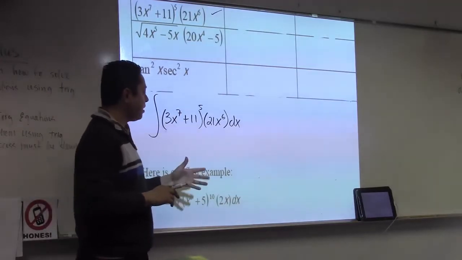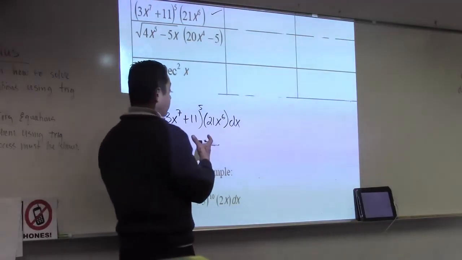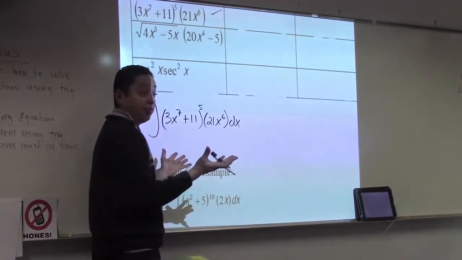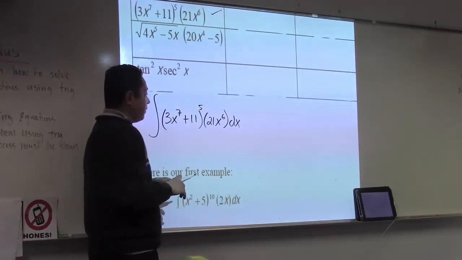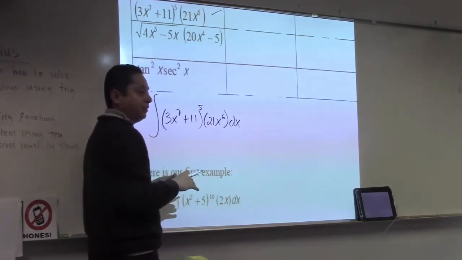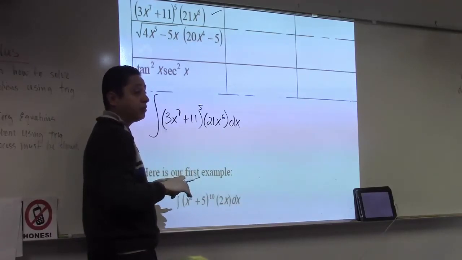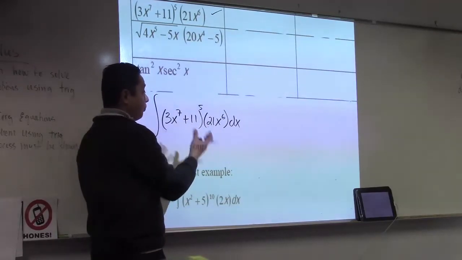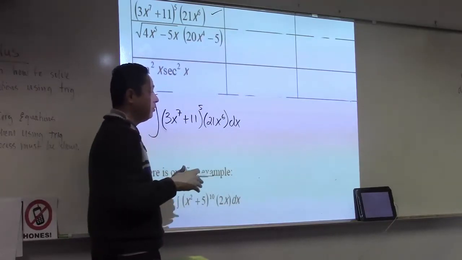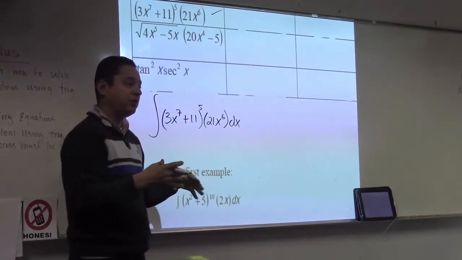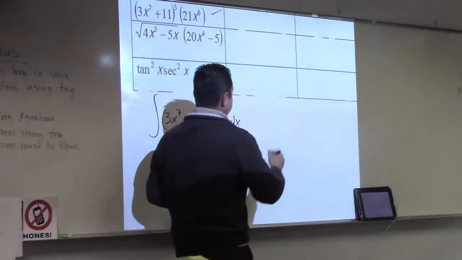Now remember, the title of this topic is u-sub. The u is because the notation that we use for this technique is the letter u, and the sub stands for substitution. So here's the process that we're going to go through. We're going to rewrite this integral in a different way in terms of u's only. So if I'm using u's, I'm also going to use du's. So this whole problem is going to look very different, but it's going to look very simple, so that way you can maybe just bump up and divide, or use other techniques that you already have in your pocket. Okay? So I'm going to say let u